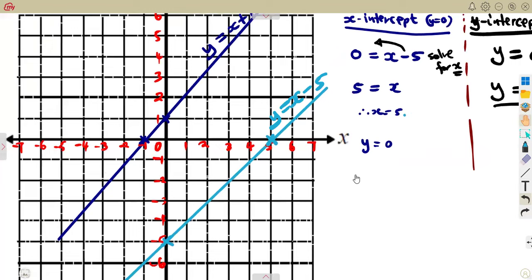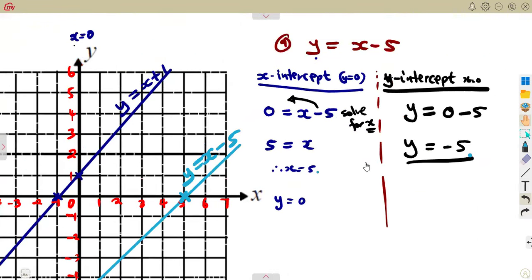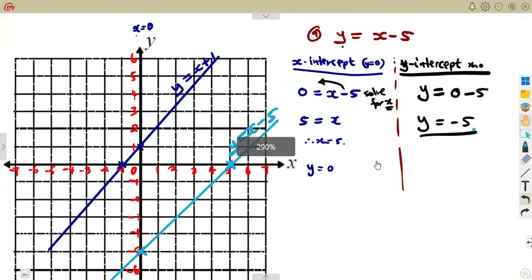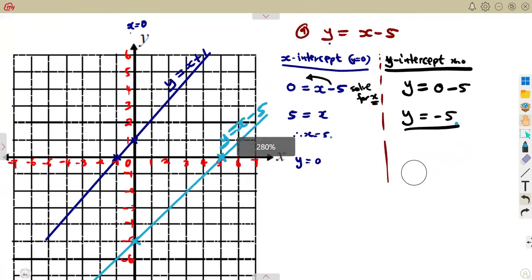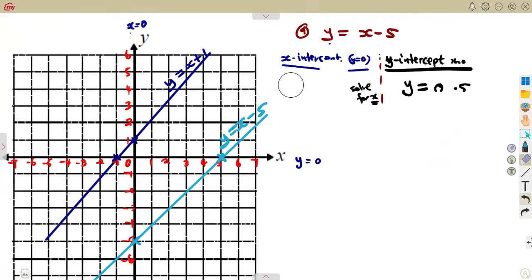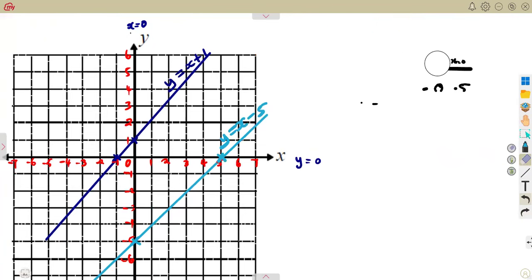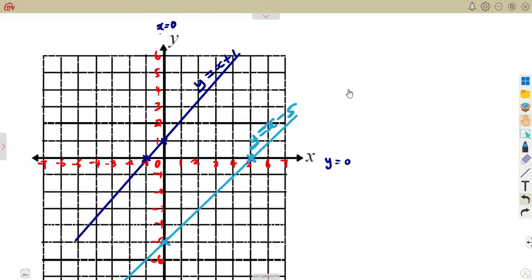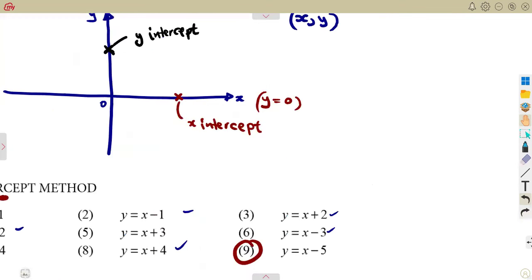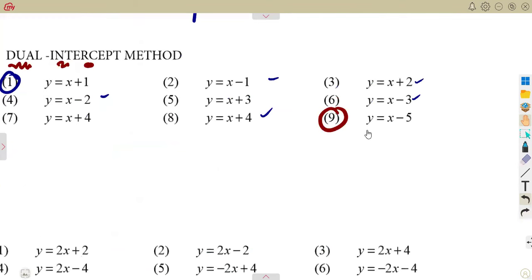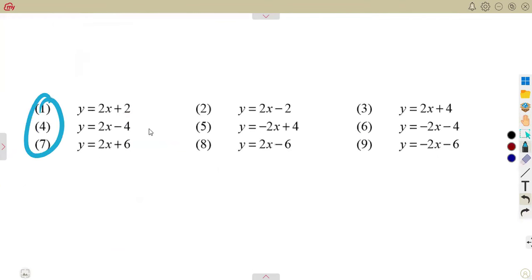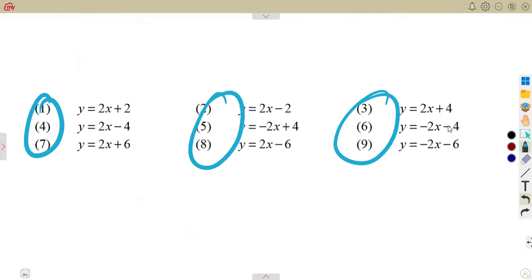Just like that. So this double intercept or the dual intercept method is a direct method. Yes, the table method, if you understand that, use that. But if you're told now to use this method, you do not have a choice. Meaning you must understand these methods. Even if you consider these other questions, whatever you are given, it is still the same case that you are to use. So in this case, I just want us to focus